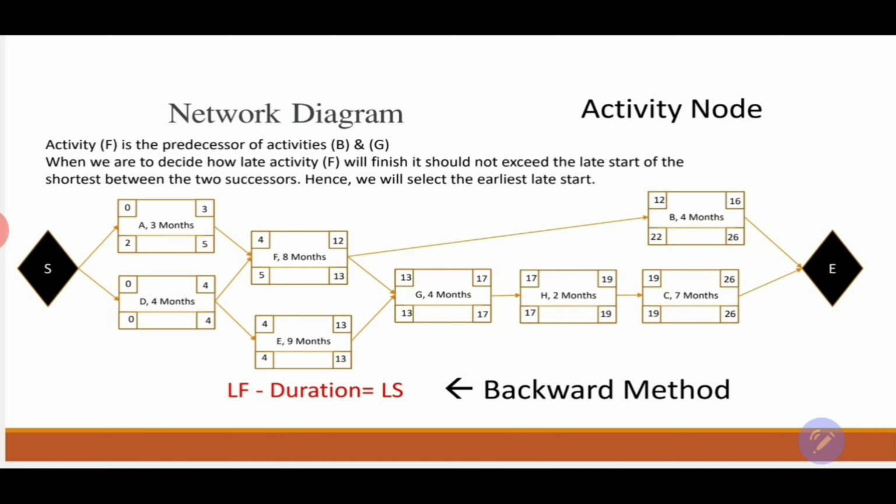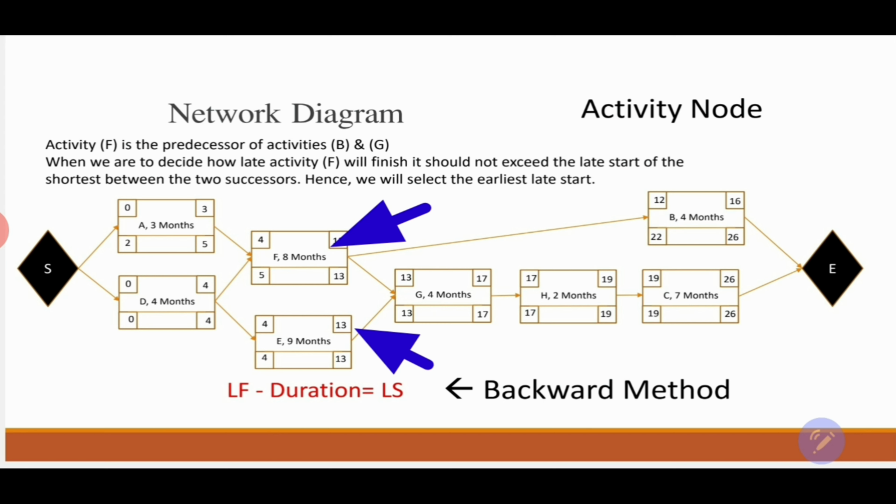And we use the same equation: late finish minus duration equals late start. 13 minus 9 months as a duration, and that's going to be 4 as the late start for activity E. If we go to activity D, we see that it has two successors, and we use the